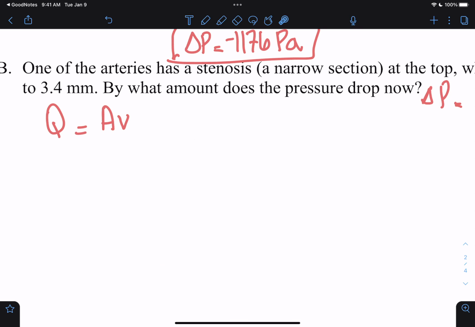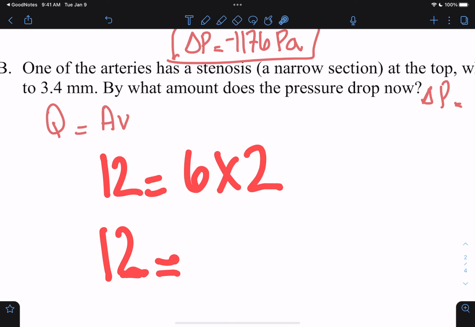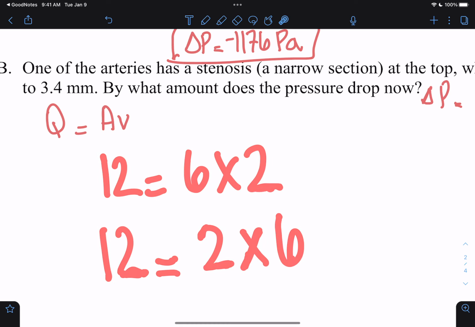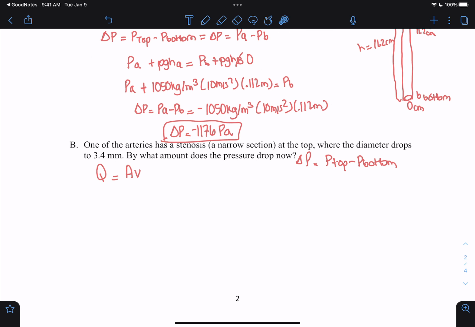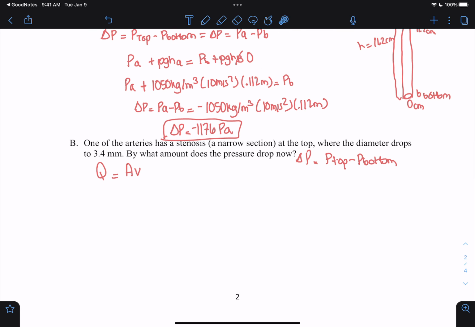So 12, if I had an area of 6, then I'm traveling at 2 meters per second. Well, now if I have that same flow that I want to maintain, which is 12, then if I drop the area down to 2, for example, then I have to increase my speed from 2 meters per second to 6 meters per second to maintain that 12 value. And so